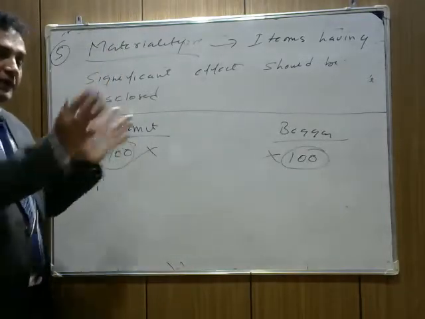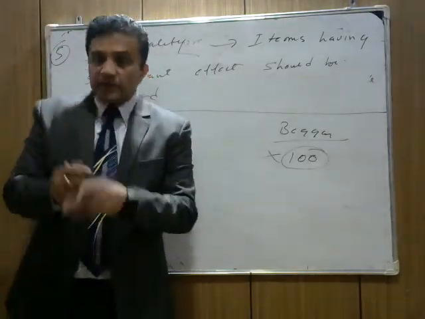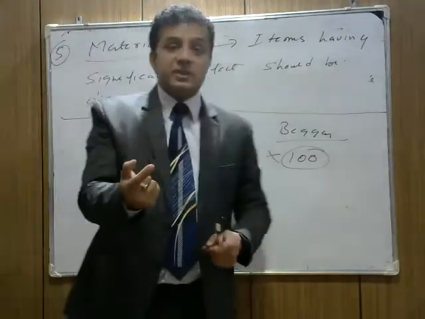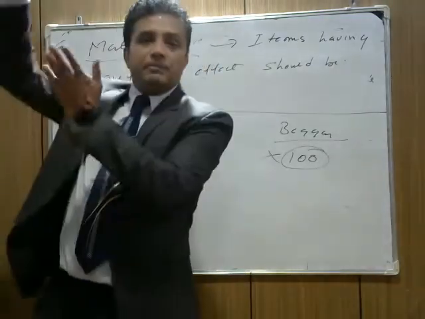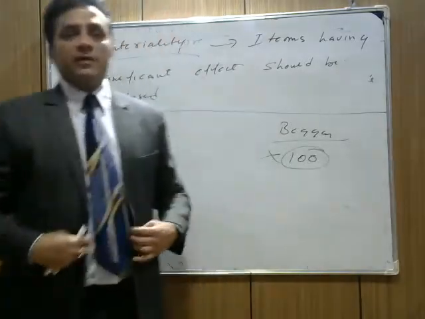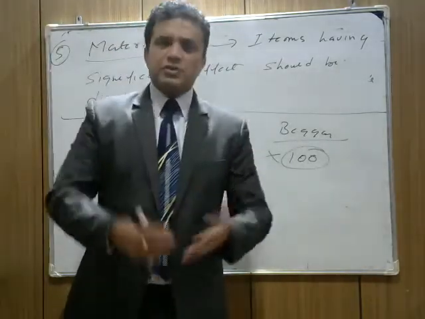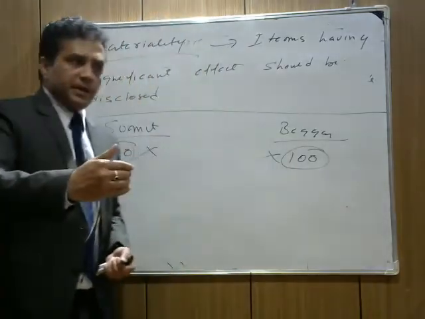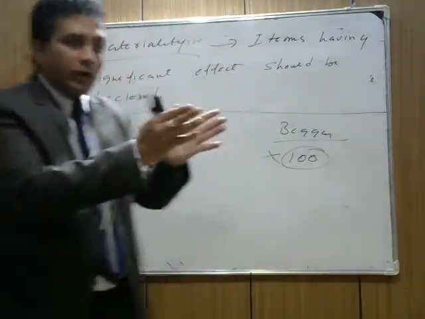It may happen that one fact is material for someone. It means this 100 rupees matters for the beggar, but not for Sumit. To identify it in terms of business, some material information matters for one, but doesn't matter for the big businesses, but matters for the small businesses.